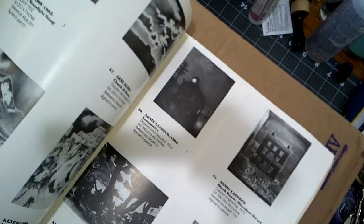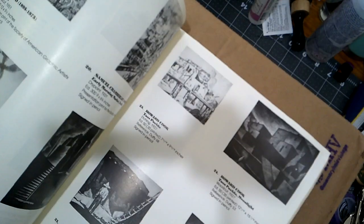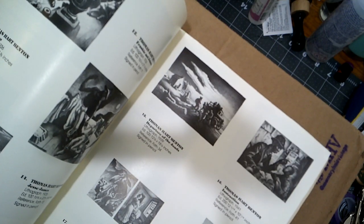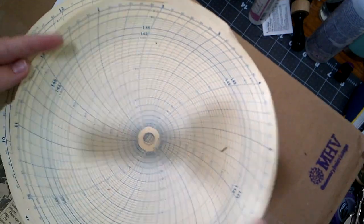Even though all of these are black and white, it would be fun to play with and do maybe an art-inspired junk journal with just all of these black and white art pieces in them. All right, we've got a stack of these